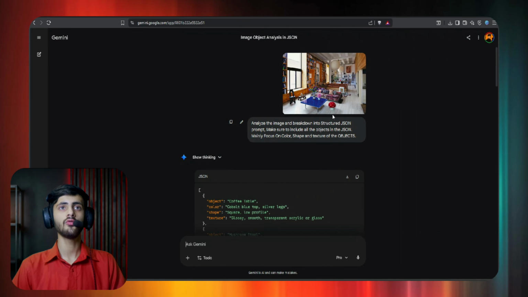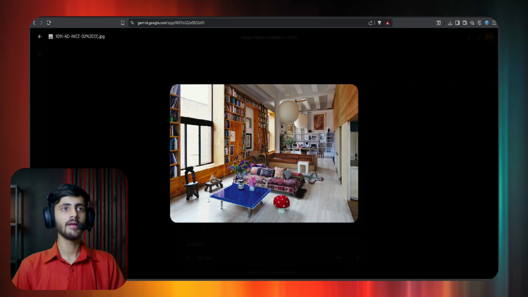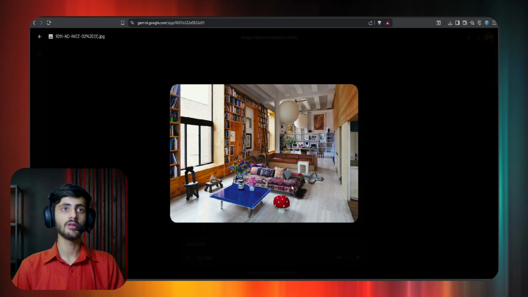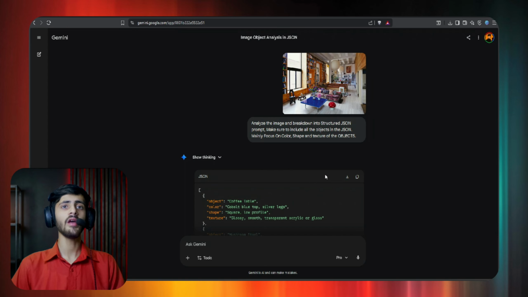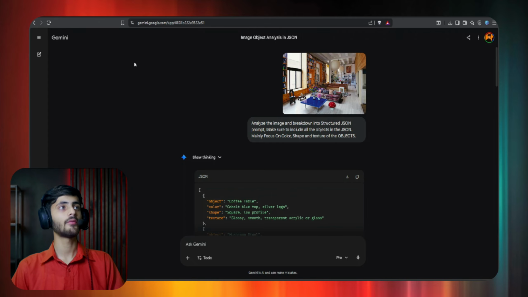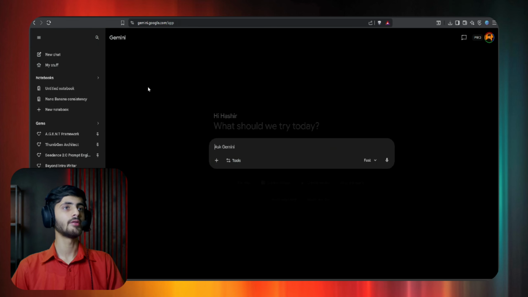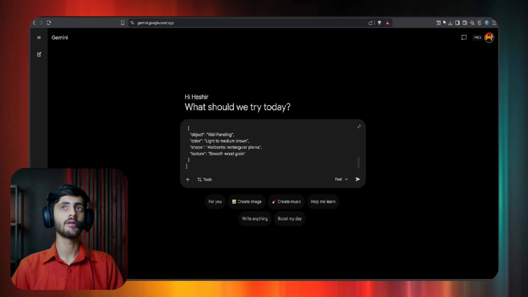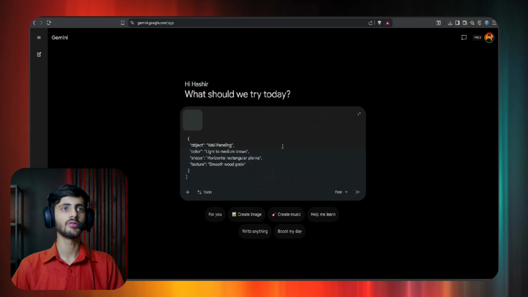Now I want to edit something over here. I need to change the color of this table. I will change the blue to red and also change the shape of the table into round. I'm gonna change the painting over here. Okay, what we have to do is just copy the JSON prompt from here, enter into a new chat, paste it over here and also give it the reference image, which is the original image.